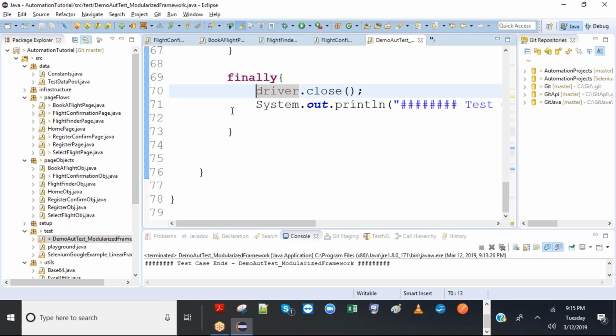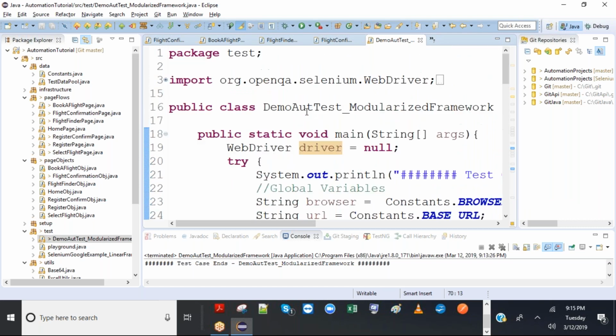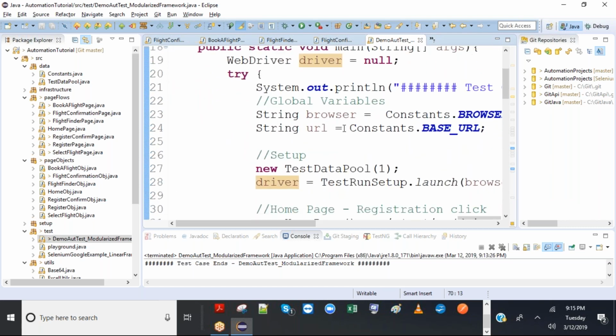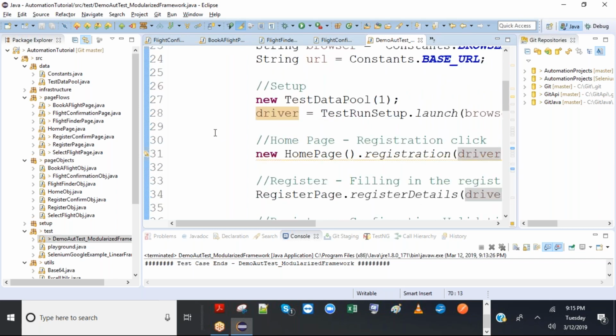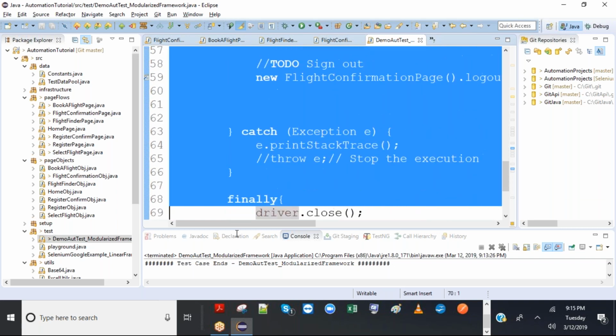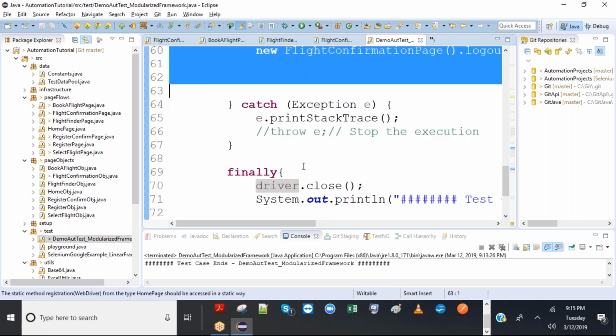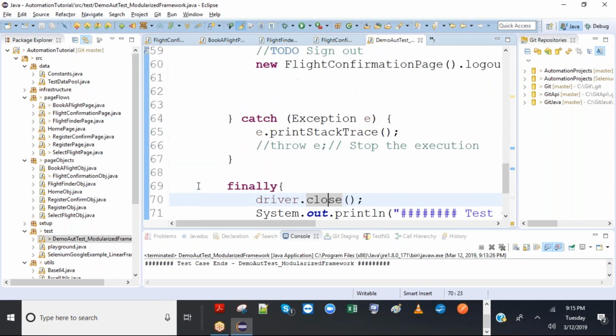In @BeforeClass we can put all the prerequisites, like setup, global variables, setup of the data pool, and browser launch. The actual test case goes under the @Test annotation. And whatever we do finally, like post-requisites and closing the browser, goes under @AfterClass. That would be easy testing.